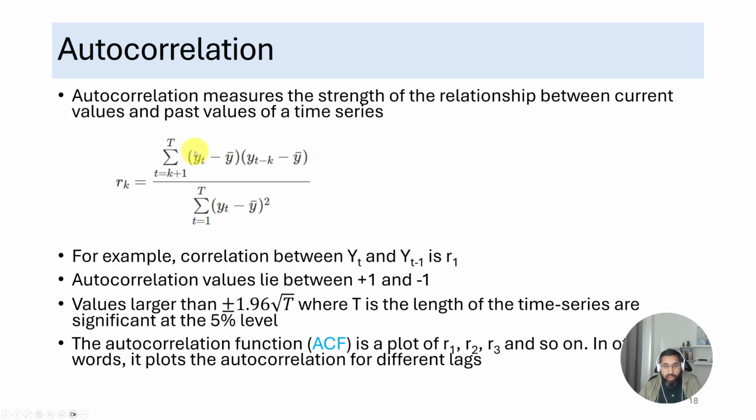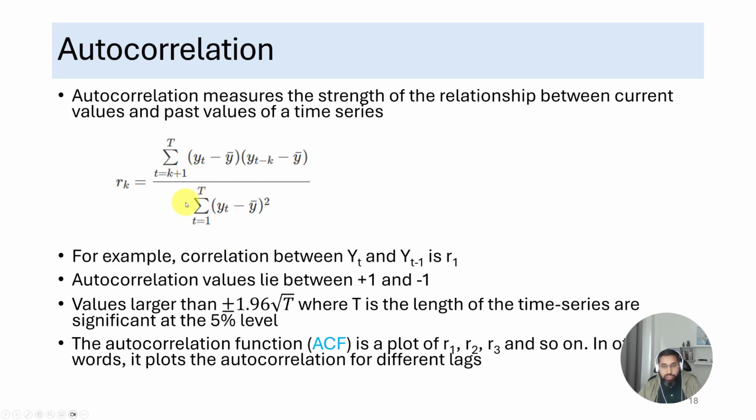But think of the first term as yt. It's reflecting the level of yt, and you're multiplying it by the level of yt minus k. If you remember the slide on notation, when you subtract from the time index, you're going into the past. So we're going into the past by k time periods. We multiply that, and then we vary k over the different possible values of k.